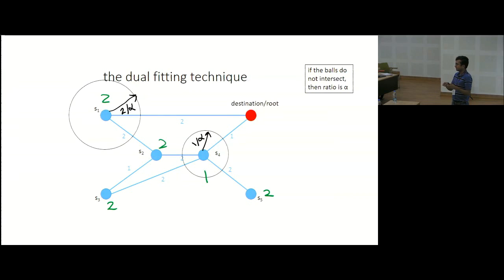All right. Any questions about this general technique called dual fitting? Okay, and the reason it's called dual fitting is that it has some connections to LP duals and so on, but let's not go into that. Yeah. So when you say the balls do not intersect, they're all disjoint. They're all disjoint. Because of course you need a lot of intersections to get